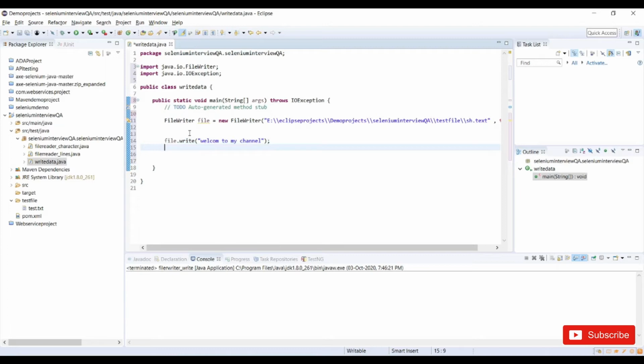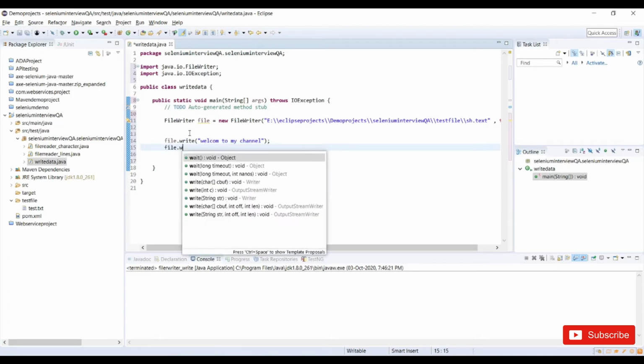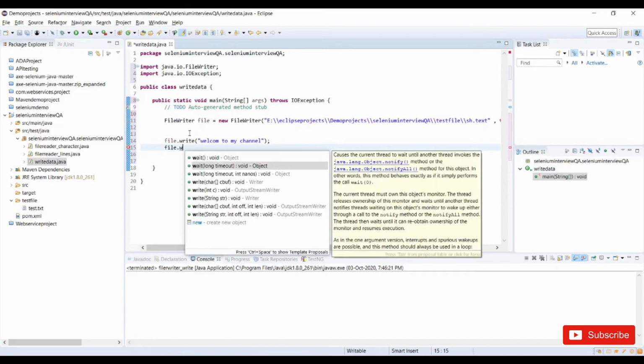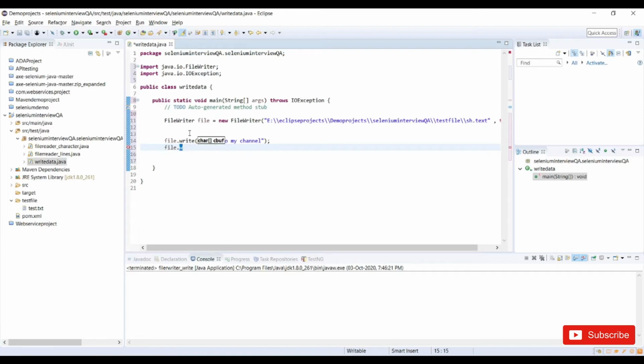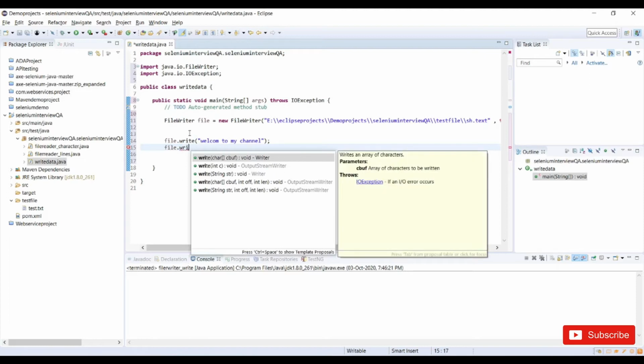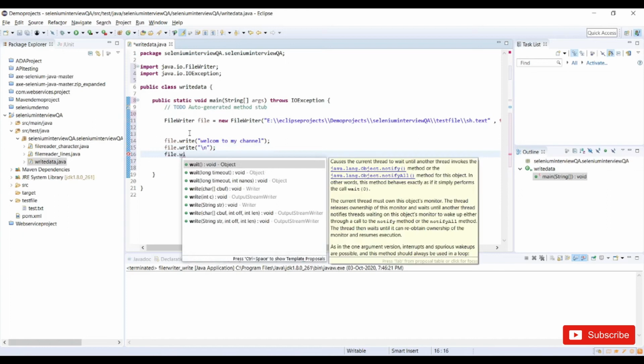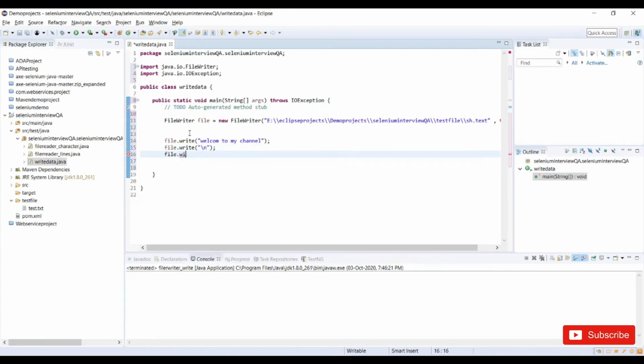And if I want to use a line space or move into a new line, then I can use file.write with a backslash n for the new line. And in the new line, I'm going to write something like "welcome".